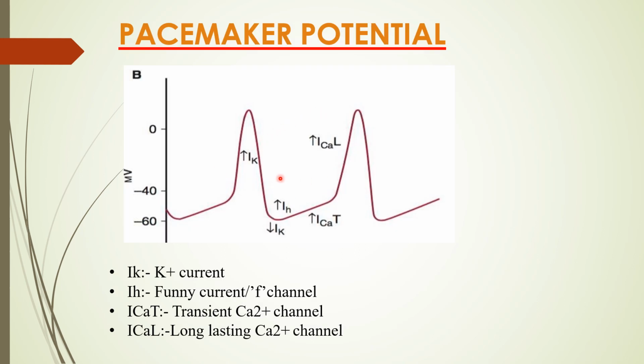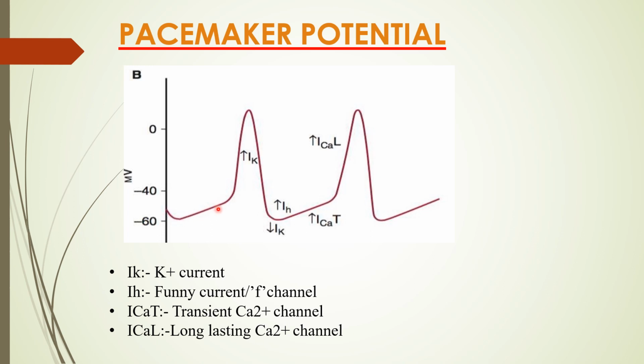So this is a picture of the pacemaker potential. We call it as pre-potential or sinoatrial node action potential. Okay. So the sinoatrial node fibers or sinus fibers have that inherent property of leakiness, as I have already told you. So the resting membrane potential is around minus 55 millivolts. So from the resting membrane potential, there is slow depolarization.